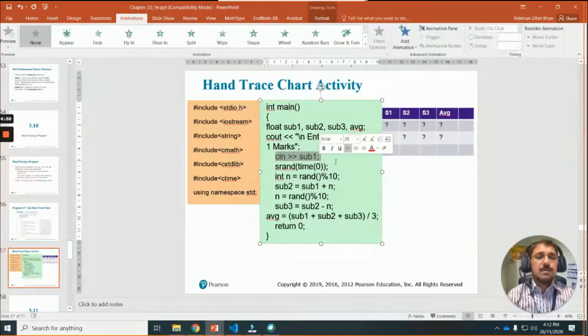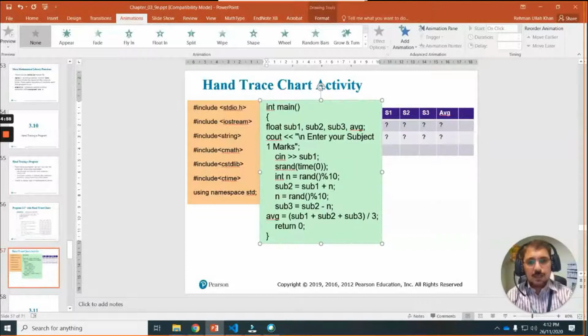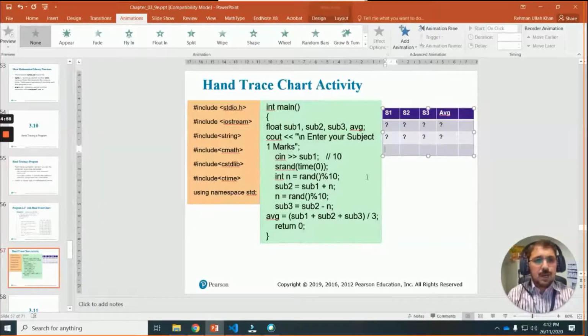At this time, the subject 1 will get a value, and let's suppose we enter like previously 10. Okay, so let's suppose we enter 10, but it should be a marks, so it should be 60. Okay, then the rest will be what? Still unknown because only subject 1 got marks, the other didn't get any value.